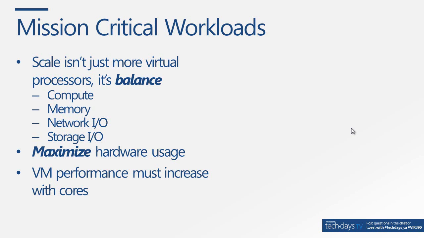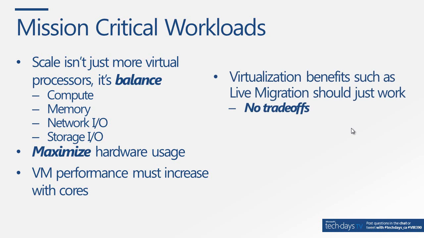And also, there really should be a direct relationship in that as you increase the number of cores of a virtual machine, you really should have almost a direct increase of performance of those virtual machines by simply adding more cores to them, so that you get overall better utilization if those machines do require additional CPU resources and so on. So virtualization benefits, like I mentioned before, such as live migration, should just work. I mean, the number one thing customers have been telling us is, if whatever you've got to implement within Windows